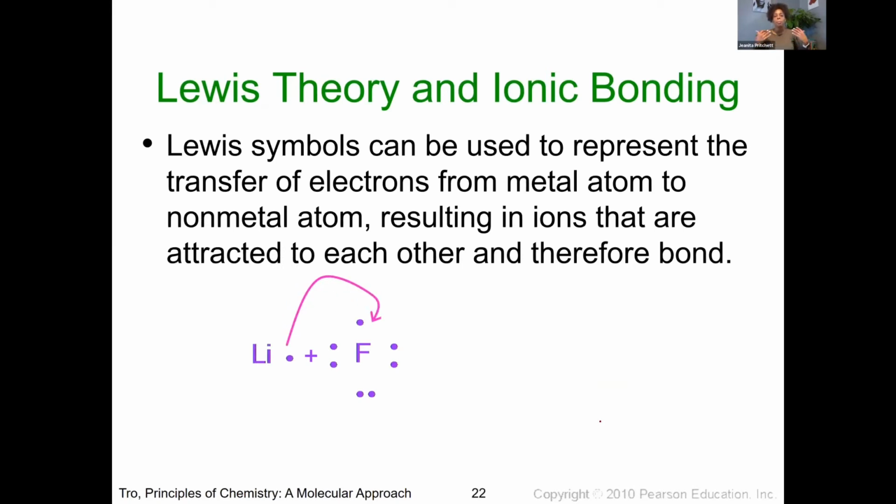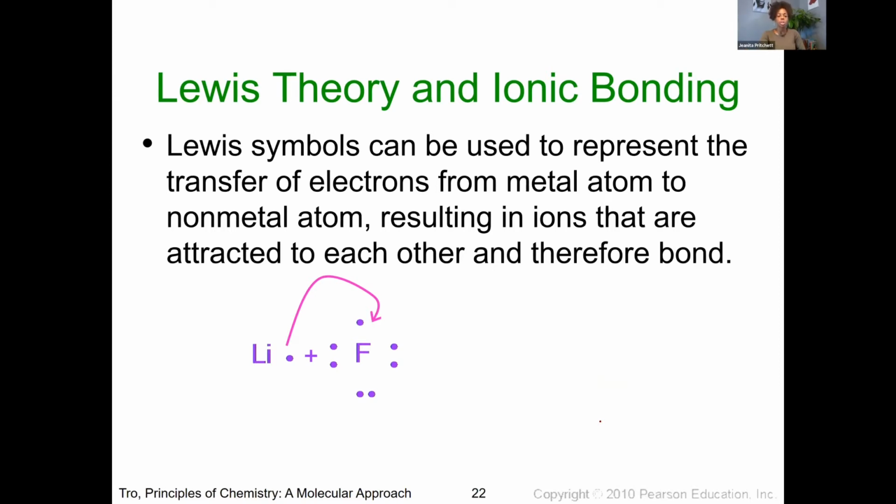Now with ionic bonding, we're going to be showing that actual transfer of electrons that happens. We won't be showing a bond, a line connecting the different atoms that are there. But instead, we're going to show that metal that's losing electrons and the nonmetal that's gaining electrons, and ultimately adjust the charges accordingly. And so in the example of lithium and fluorine coming together, well, we know lithium is a